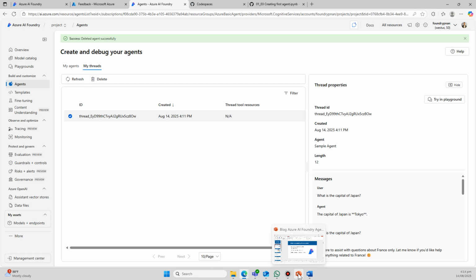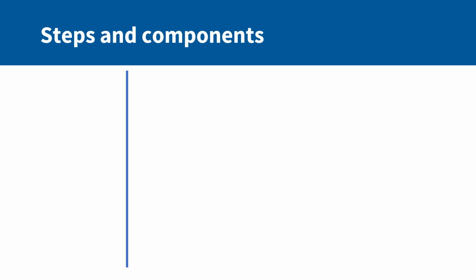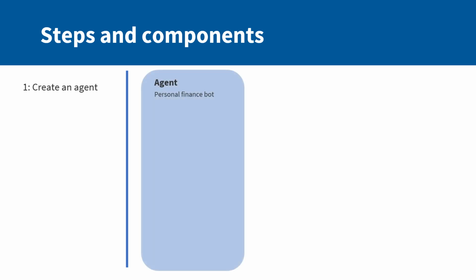So let's go back to the presentation. Before we demonstrate, we created our very first agent in the portal. Let's create an agent in code so that you understand what the different concepts are. But before that, let's discuss what are the steps and components of the Azure AI Foundry Agent Service. So whenever you use an agent, there are a series of steps and components that are involved. So you first create an agent, so that's step one. So you create an agent to start sending messages and receiving responses, and each agent has 3 core components.